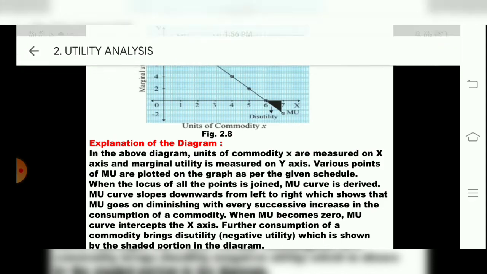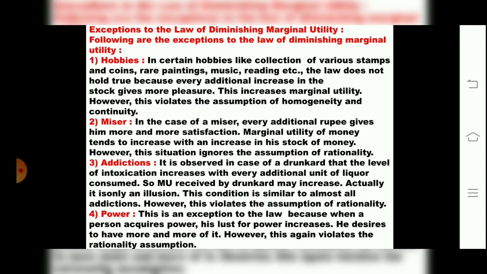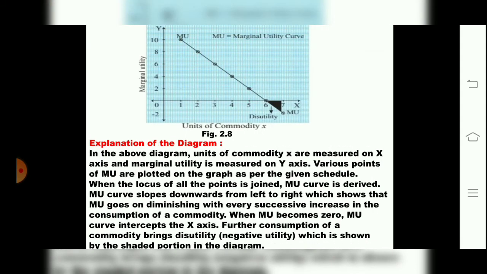Now see what the law of diminishing marginal utility tells us, children: with every successive unit of a commodity, when we start purchasing the commodity and when we are satisfied with it, then total utility also starts reducing. It diminishes and marginal utility comes to zero or the negative quadrant. Why? When we have reached the point of satisfaction, the point of satiety, that is called the law of DMU.